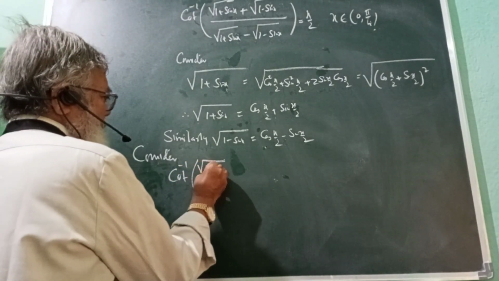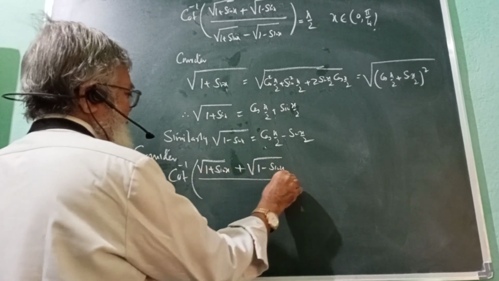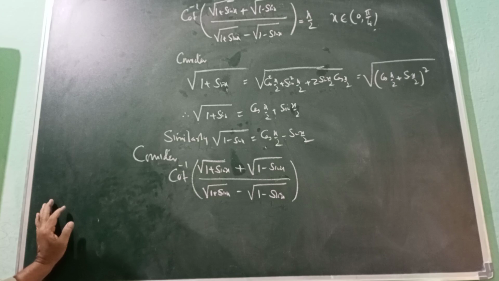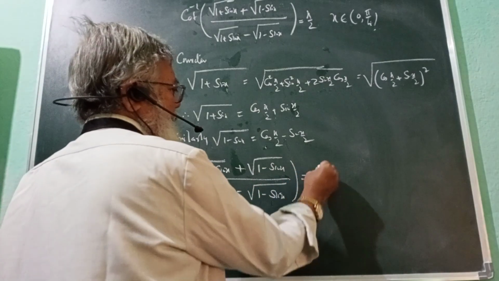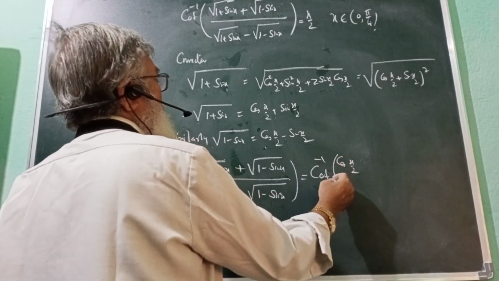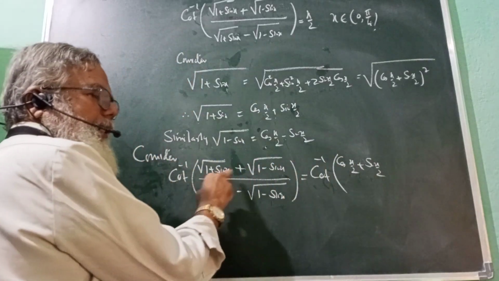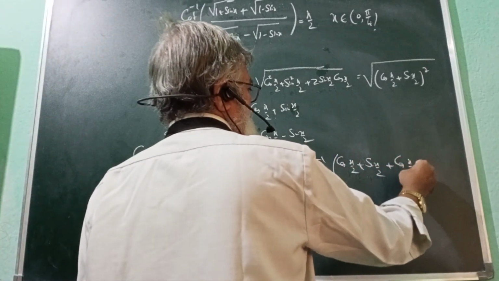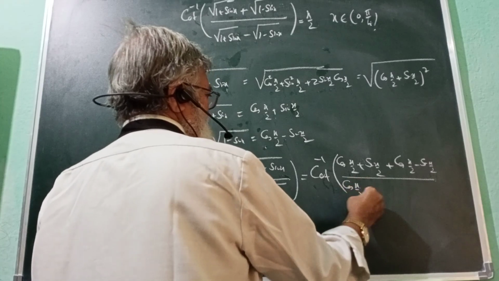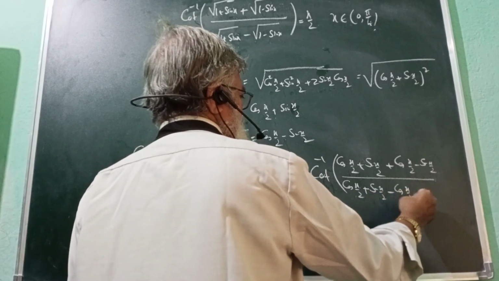Now 1 plus sin x plus it is 1 minus sin x divided by, this can be written as cot inverse of cos x by 2 plus sin x by 2, for this first quantity, plus cos x by 2 minus sin x by 2, divided by again cos x by 2 plus sin x by 2 minus cos x by 2